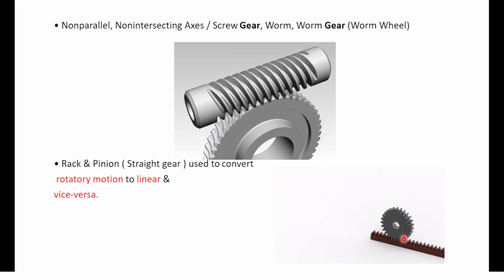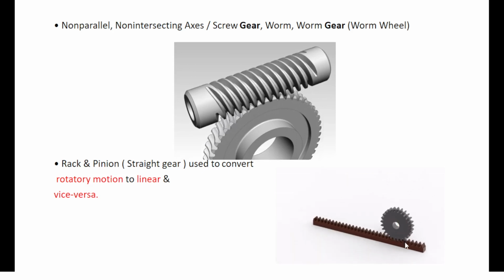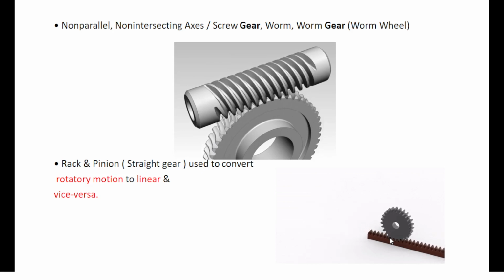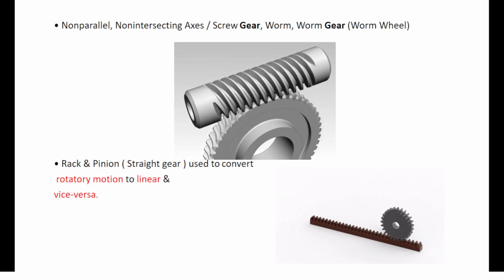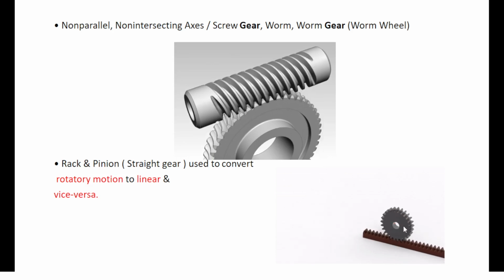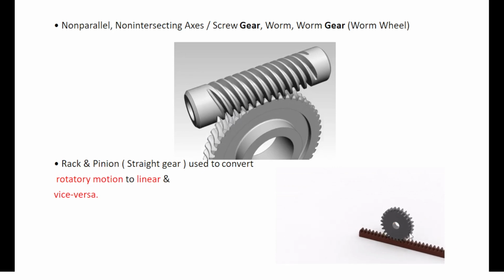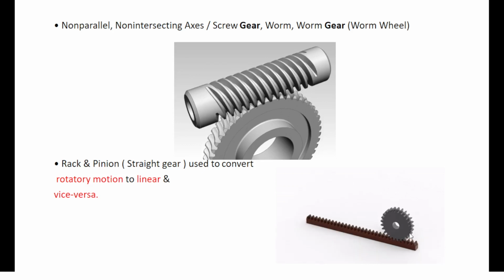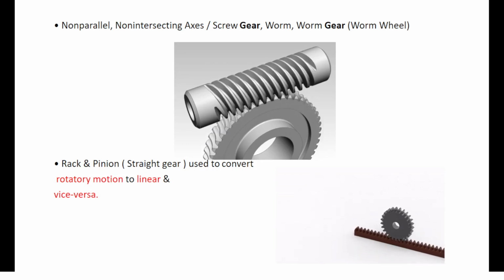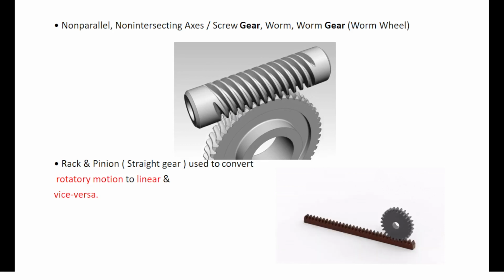This type of gear mechanism we have seen in a gearbox. While driving a four-wheeler, when you rotate the driving wheel, this gray wheel will be rotated, and this rack is connected to the steering mechanism. So according to the driving wheel rotation, your wheels will be steered either to the left or to the right.